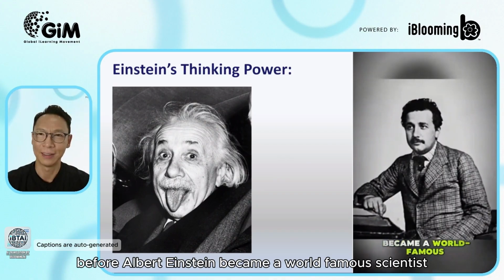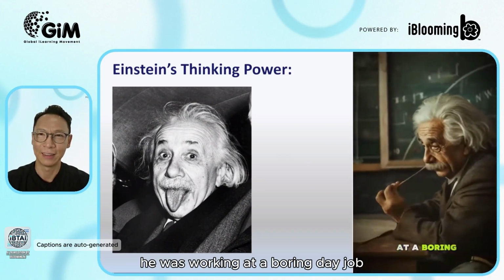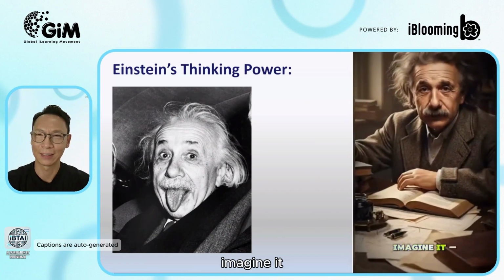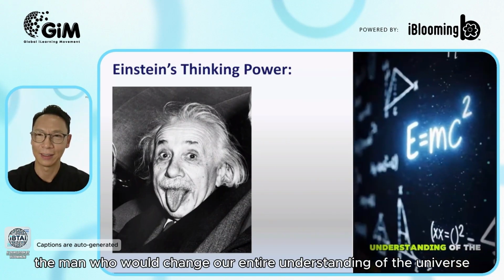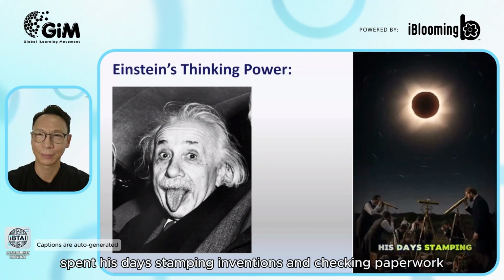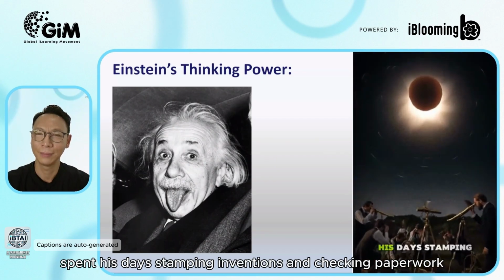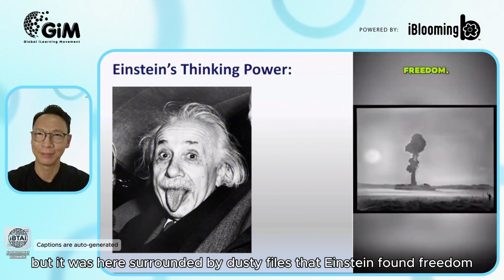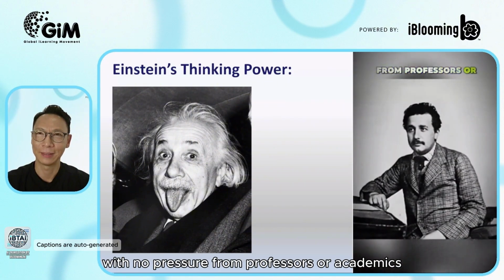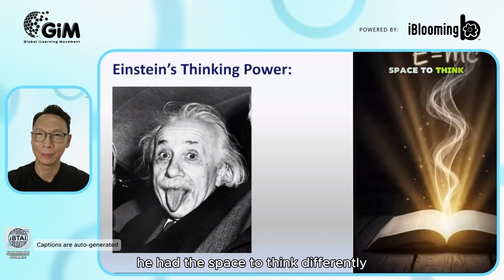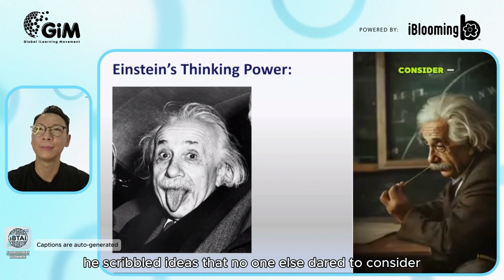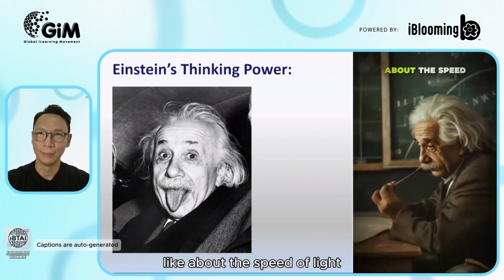Before Albert Einstein became a world-famous scientist, he was working at a boring day job, a clerk in the Swiss patent office. Imagine it, the man who would change our entire understanding of the universe spent his days stamping inventions and checking paperwork. But it was here, surrounded by dusty files, that Einstein found freedom. With no pressure from professors or academics, he had the space to think differently. In his free hours, he scribbled ideas that no one else dared to consider, like about the speed of light,